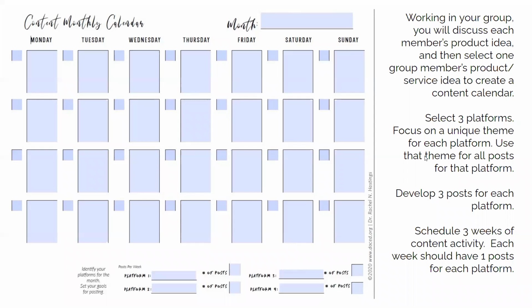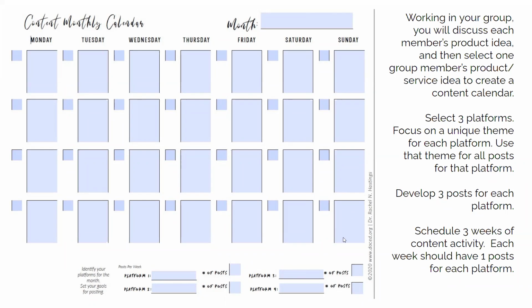So think about the themes, like what theme would work well for YouTube? Tutorials. Self-help stuff is big on YouTube. Like how to meditate, that stuff's big on YouTube also. Even like how to apply cosmetics tutorials, those are big on YouTube. So consider the platform and then consider a content theme that would work on that platform, tutorials for YouTube. And then come up with 3 specific posts for each platform.